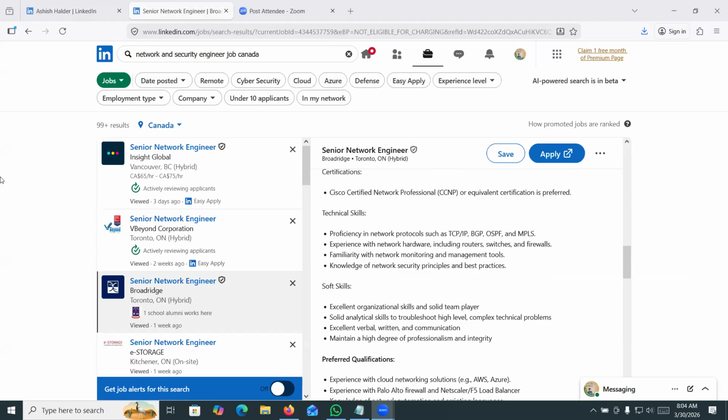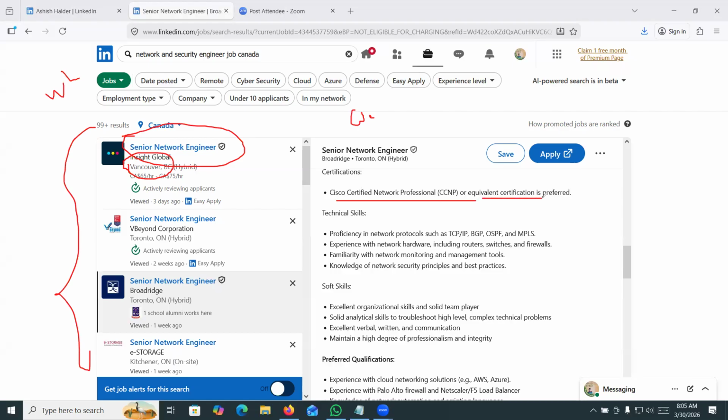So for example, for a senior network engineer, based in Canada, you can find what they actually want. Before taking a decision, we must check different job sites and job requirements. You can see they are asking for CCNP certified or equivalent.